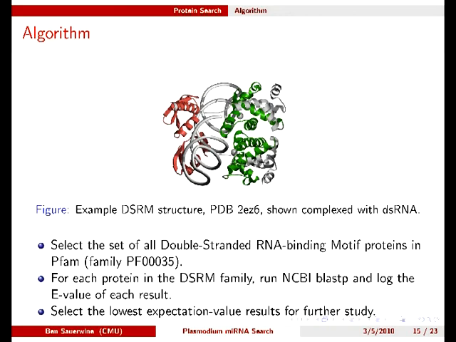We would also like to perform our own search for Dicer or Argonaute proteins in Plasmodium. These motifs are so broadly represented among different organisms that we employ a new tactic to attempt to find even vaguely resembling them. Owing to the evolutionary diversity of these proteins, we select all known motifs from PFAM, then run NCBI BLAST-P for each of these known motifs in different organisms against each translated protein in Plasmodium and record the most unlikely results, as measured by an expectation value. This program is quite fast and runs within a day or so, so we could also use it to search for analogs of any protein domain you can find in PFAM.